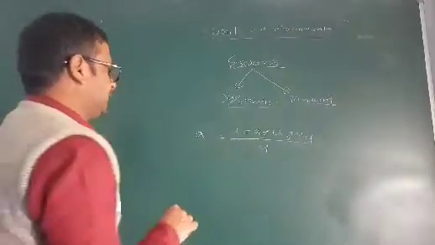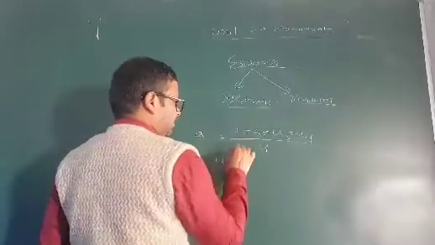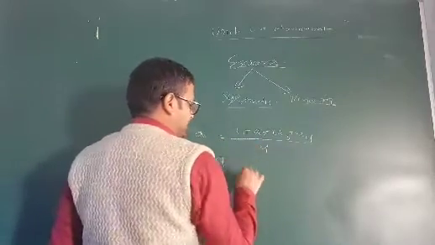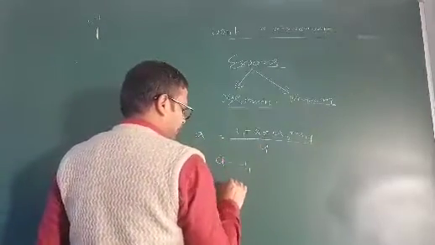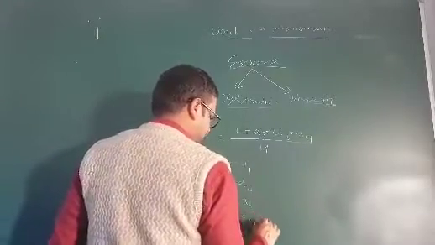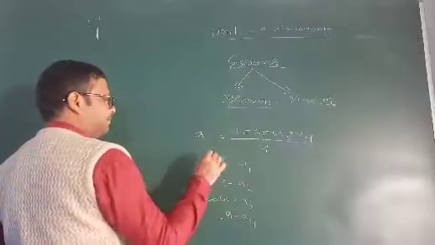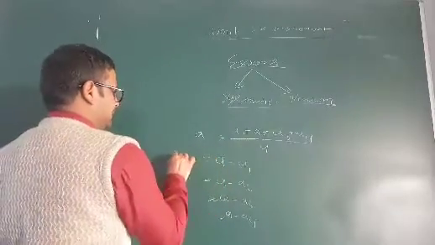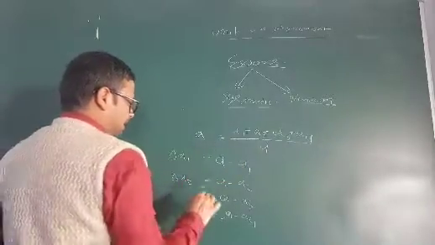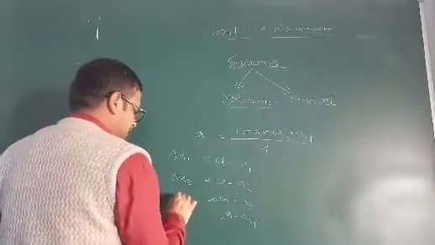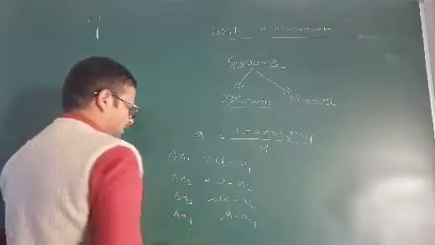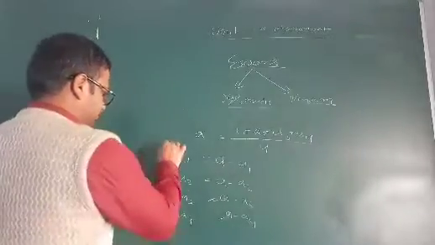And the difference of each observation from the absolute value: a minus a1, a minus a2, a minus a3, a minus a4. So what will become? This is the difference. This is delta a1, the error in the first observation. Delta a2, the error in the second observation. Delta a3, the error in the third observation. Delta a4, this is the error in the fourth observation.